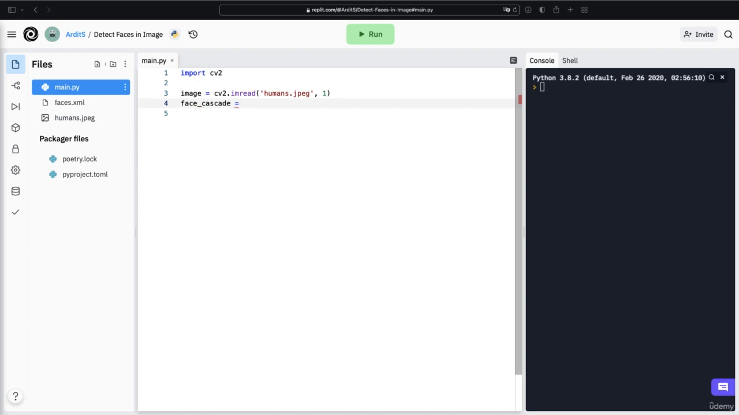So it's called a cascade, Haar cascade, and that is equal to cv2.CascadeClassifier, which gets as input the path to the XML file. So we have an image, we have a face cascade. What can we do with these two is detect faces